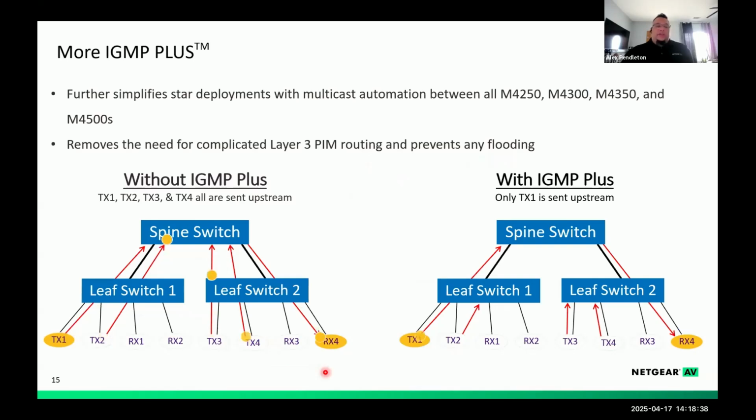So back with the illustration of the flooding that we saw on the left, before your IGMP Plus enhancement, all transmitters are flooding back to the spine switch, literally saturating those uplinks and not allowing any of the broadcast or control communication or any of the other communication that needs to be sent across the network to reach it. And then once you have IGMP Plus, a nice even communication, tightening up the methodology to send signals across the network.